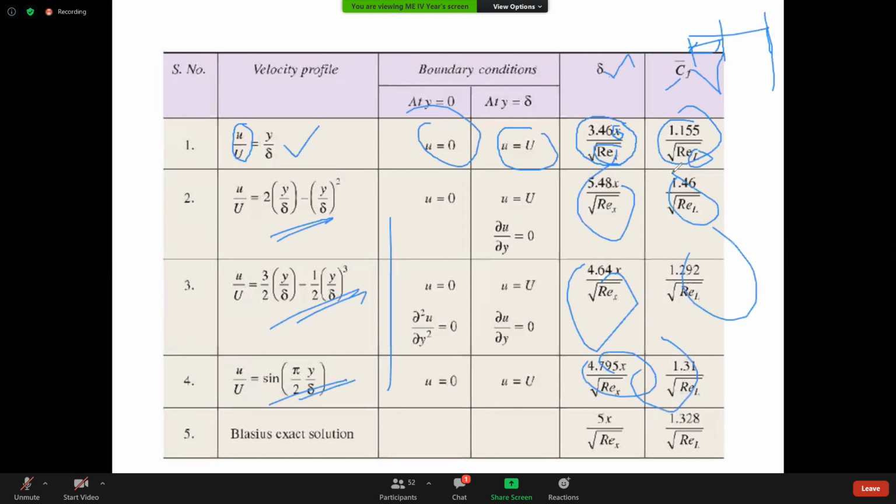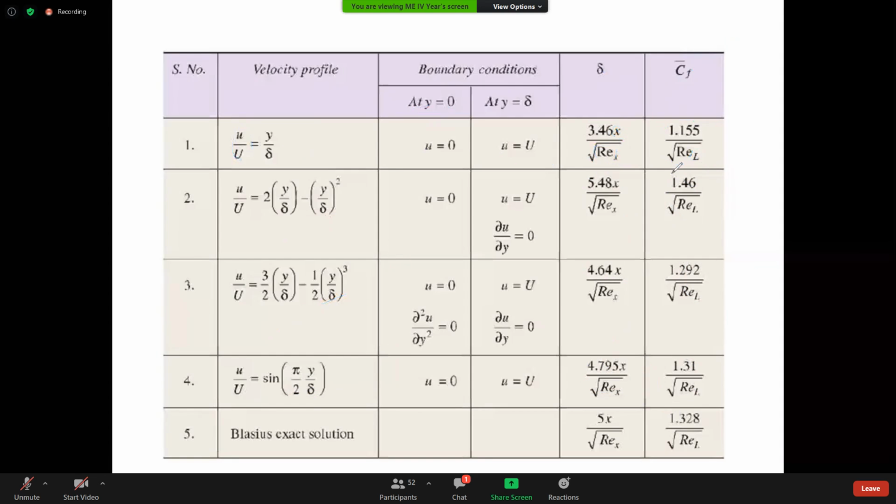This practice we are supposed to do in fluid mechanics only. Here we cannot do it, because this is just the application of that. So Blasius has found one common solution for this, covering almost all the velocity profiles within this range. Based on this research, Blasius has